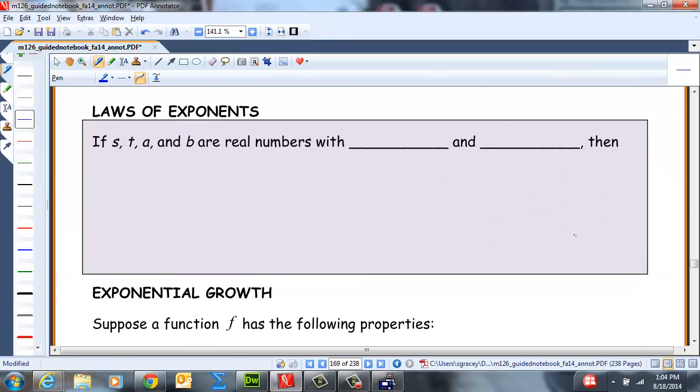Laws of exponents. So basically, we've talked about laws of exponents for integers and for rational numbers, but now we're talking about the laws of exponents for any real number. If you recall, irrational numbers like the square root of 5 are real numbers. So here we go. If s, t, a, and b are real numbers with a and b both greater than 0,